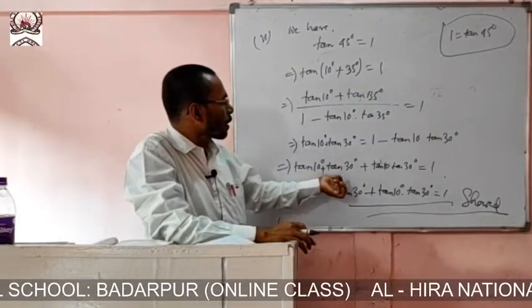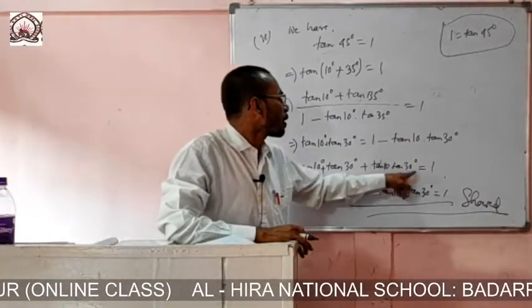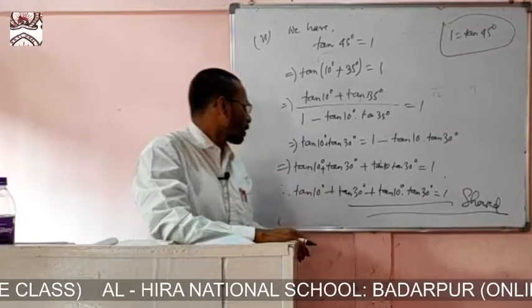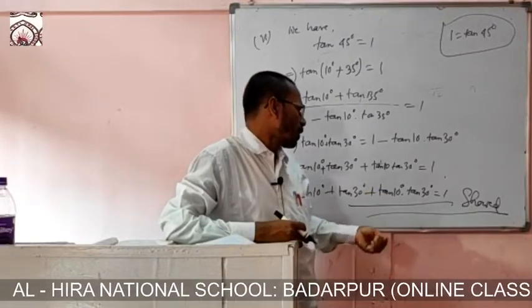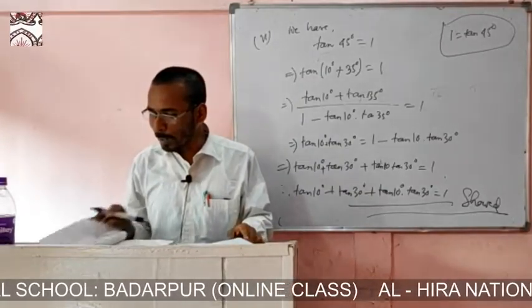So 10 10 plus 10 30, and here by changing the sign it will be changed. 10 10 10 30 is equal to 1. By this, the last time it is 10 10 10 30 plus 1 plus 10 30, and 10 30 is equal to 1. So like this you can do the rest of the sum.